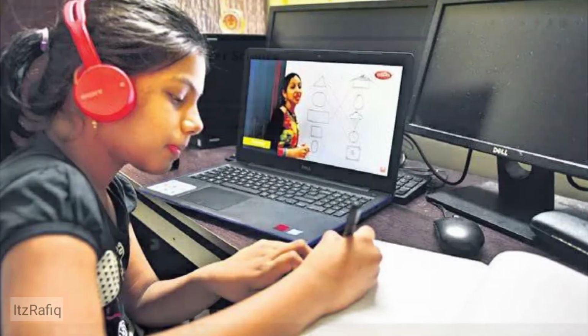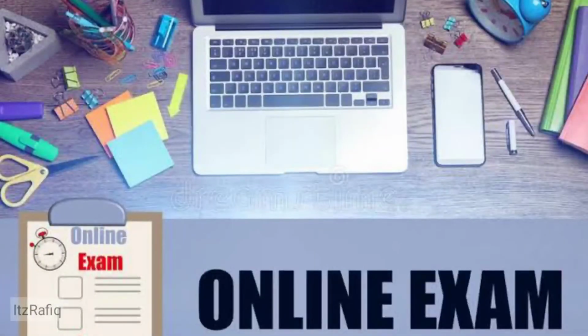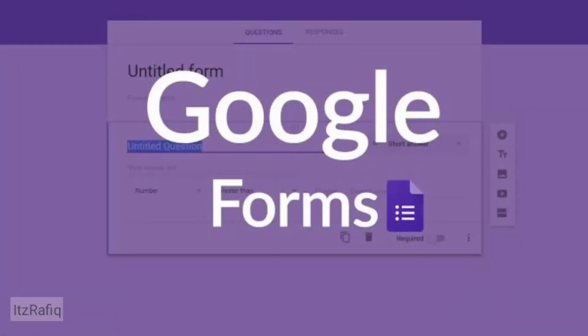During this lockdown time, all the schools are closed, and most schools are continuing their academic year online. Even some schools are conducting exams. Some schools choose WhatsApp for the submission of answer scripts, and some choose Google Form to conduct the exam. While you are submitting a Google Form, sometimes it happens that the teacher doesn't receive it. So how can you solve it?